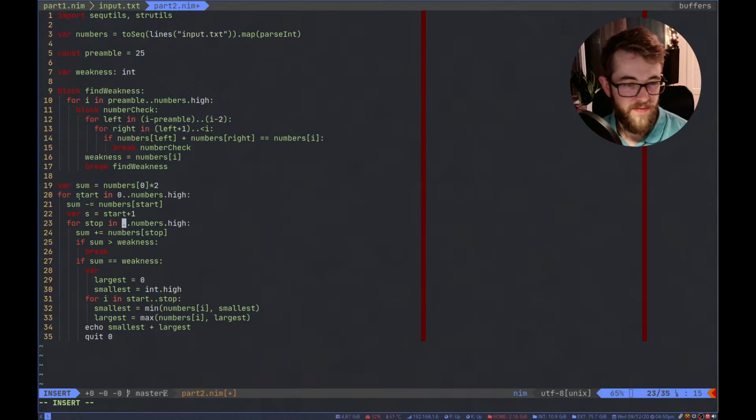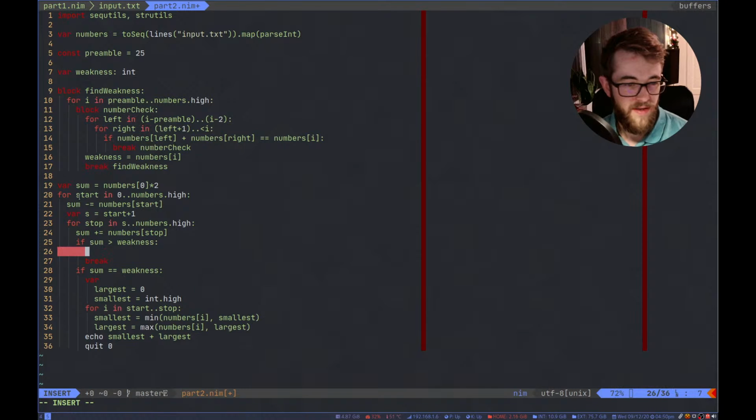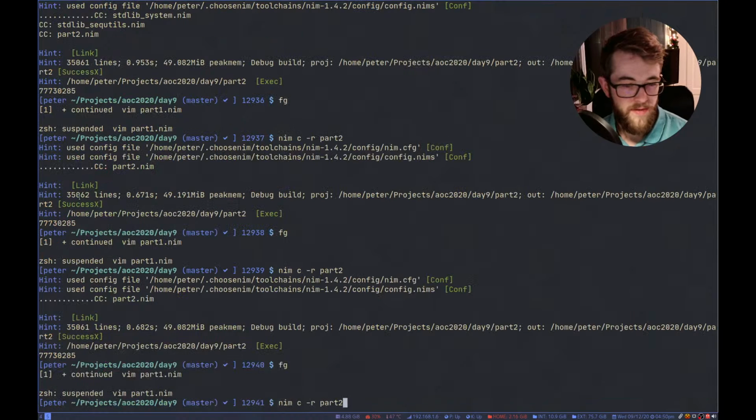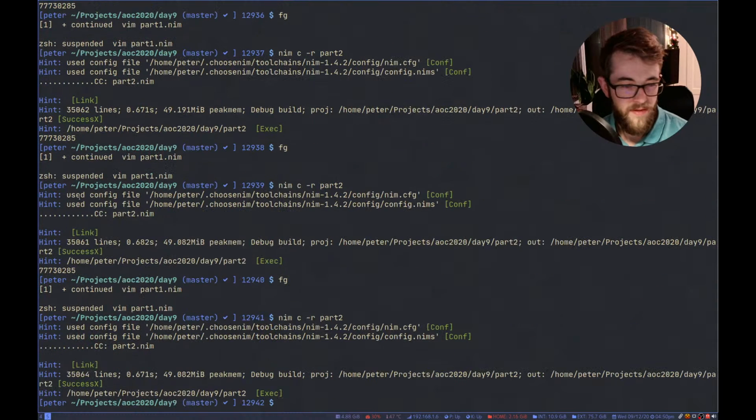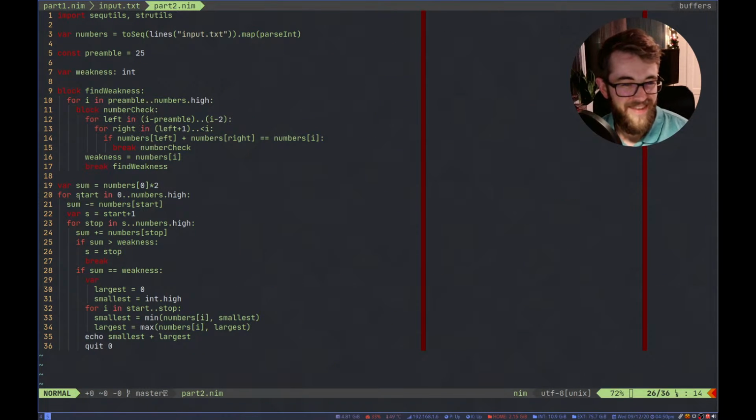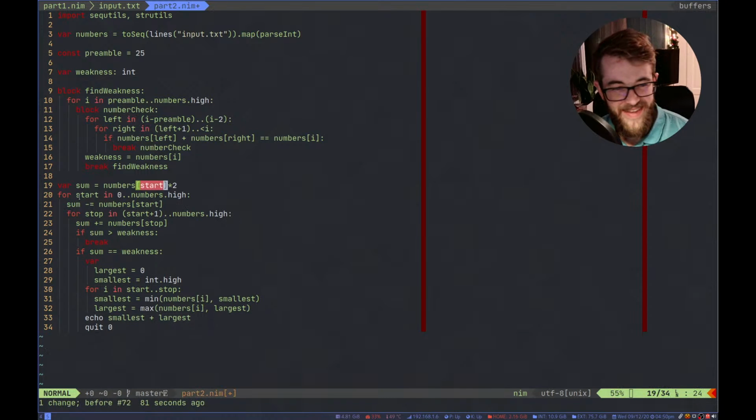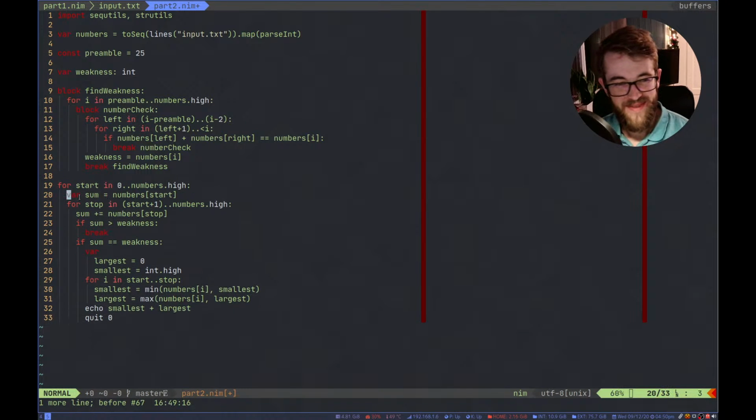So go from there, and then s is equal to stop. Yeah. No. I'm too tired. It should be possible to do something like that.